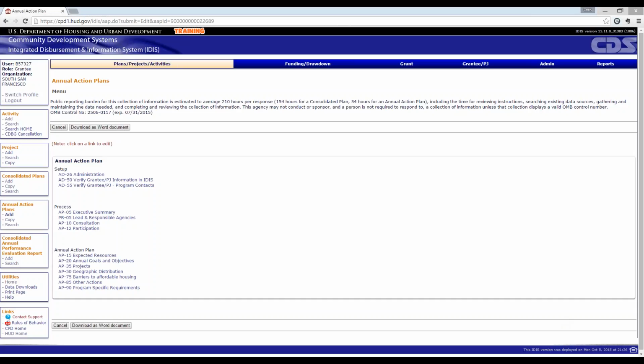So let's see. Next question is, do you only add a public housing authority if they are part of your consortium, or any housing authority in your service area, especially if you give them money? Right now, we only treat them as subrecipients. Peter or Beth, do you have a thought on this question?